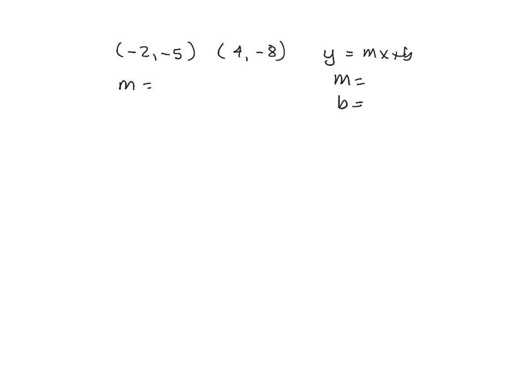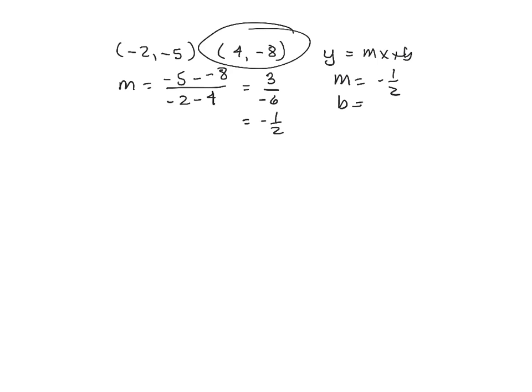So we have m = (-5 - -8) / (-2 - 4). So that gives me +3 over -6, which of course is -1/2. So there's our slope. All right, I'm going to use this point, and so that means we're going to use